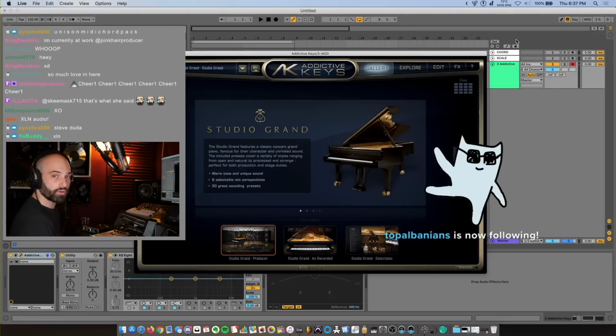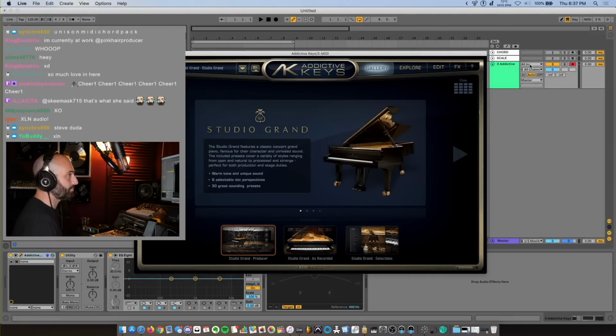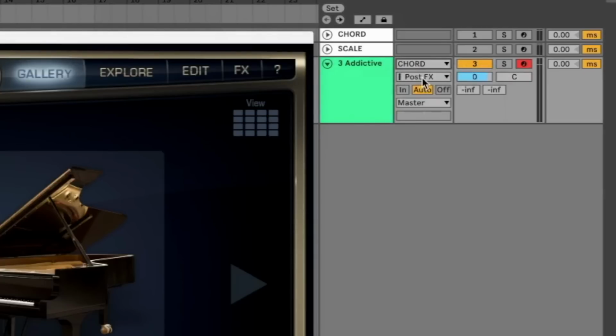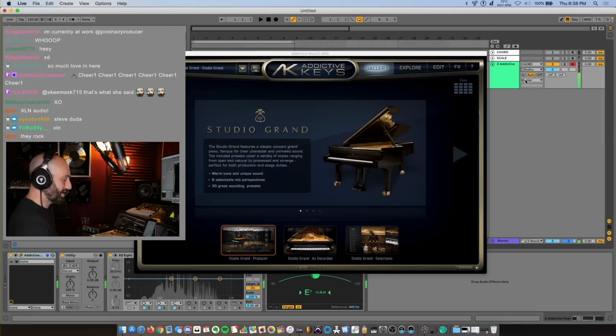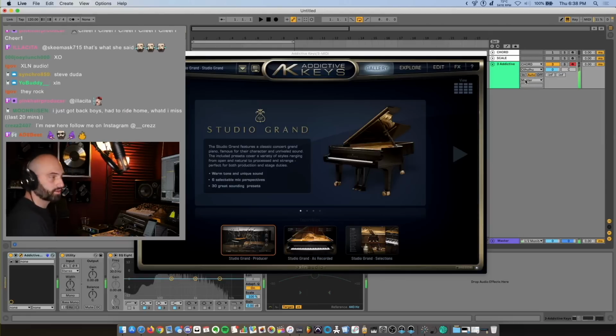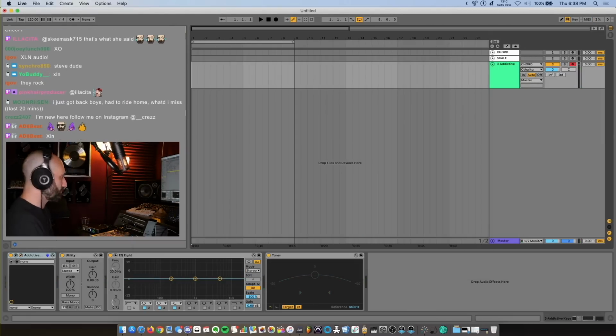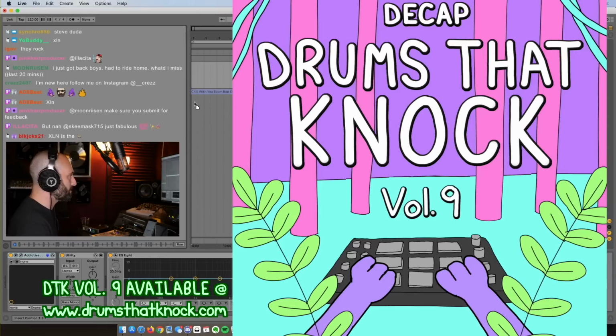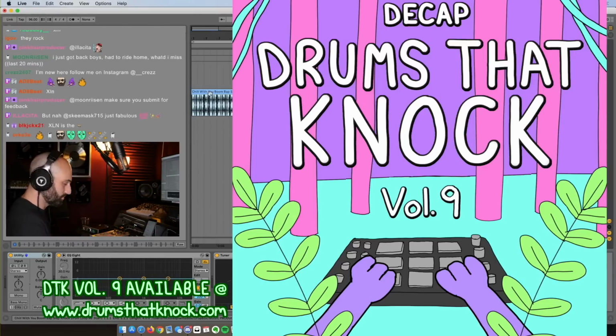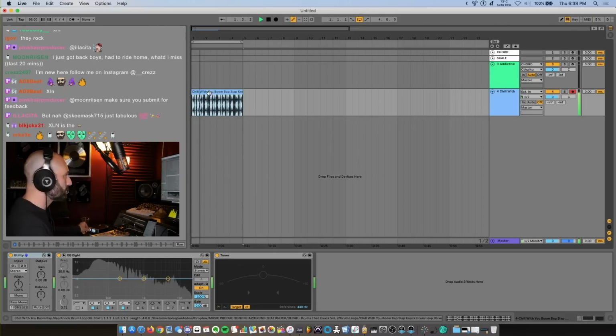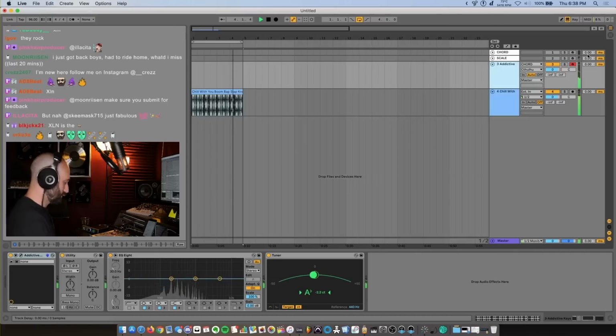Now that I have my chord plugin loaded on the first track, I'm gonna click on chord, and then I'm gonna go to Cthulhu. And now all those chords are in there with Cthulhu. Let's get a drum pattern first. Let's get this one. This is from Drums That Knock Volume 9. It's called the Chill With You Boom Bap Loop. A lot of times I'll start with drums, sometimes go to a chord plugin,